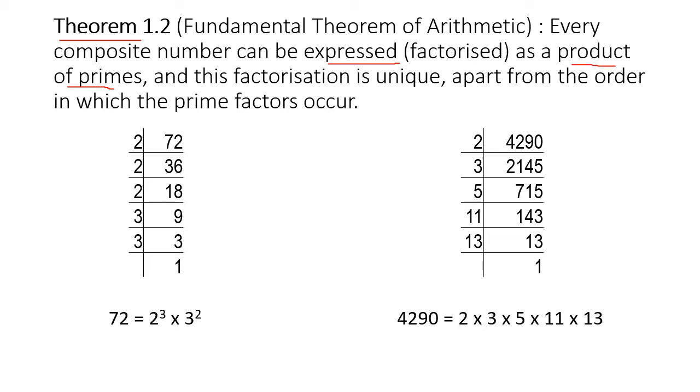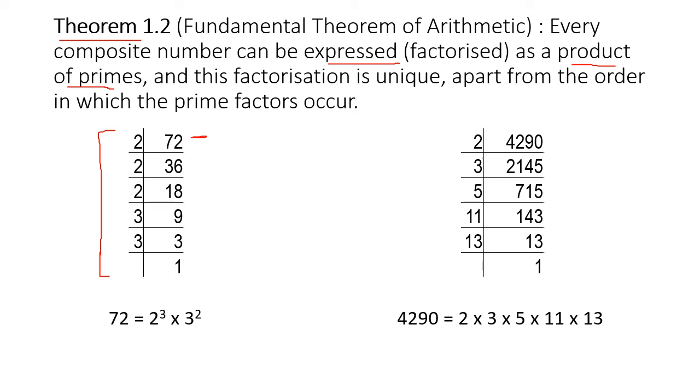For example, you can see this number 72. Yes? 72 I can write as 2 into 36. But 36 is a composite number. 36 I can write as 2 into 18. But again 18 is a composite number. So do not put composite numbers. I want to break down the numbers till all the factors are prime numbers. So see, I have done this. You have done this method in the earlier standards. Yes? Earlier you have done factorization. This is called prime factorization.